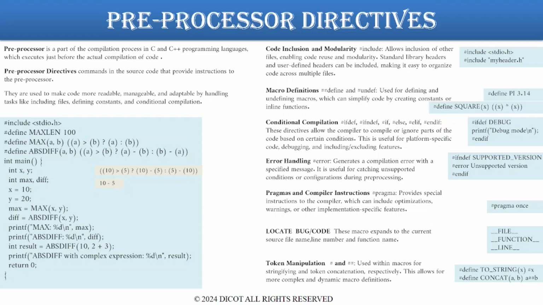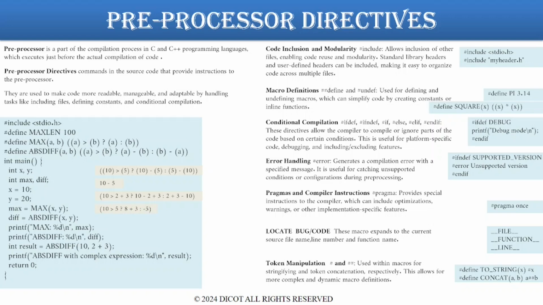Let us see. The macro would expand to 10 greater than 2 plus 3, which is not in brackets, and if it is true, will result in the expression 10 minus 2 plus 3, where 2 plus 3 is not in brackets again. Otherwise, it results in 2 plus 3 minus 10, which according to operator precedence evaluates to 10 greater than 5, question mark, 10 minus 2 plus 3, otherwise 5 minus 10,